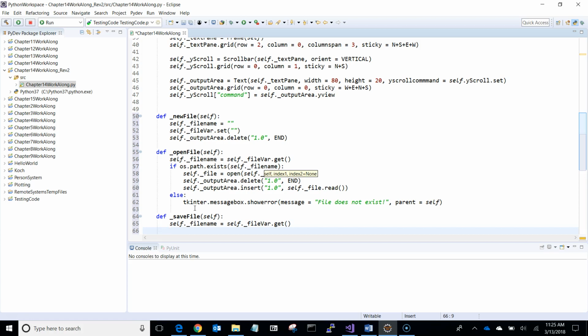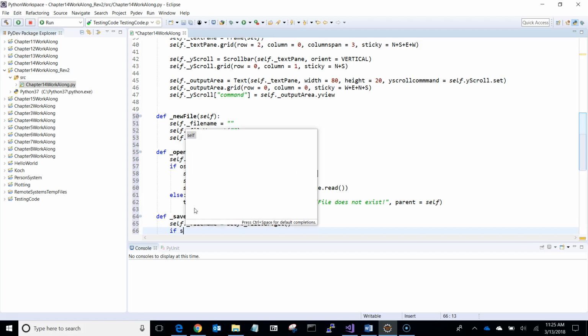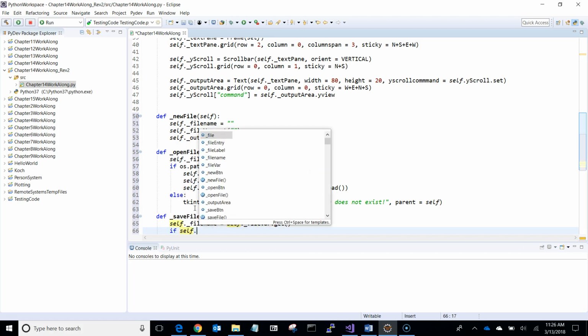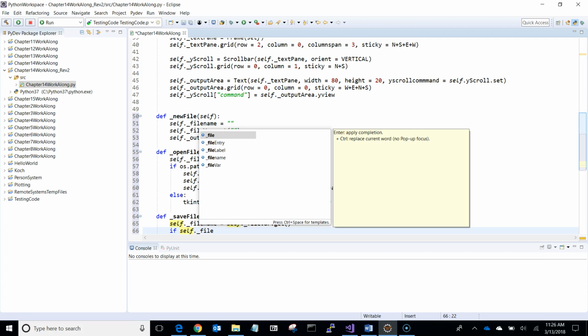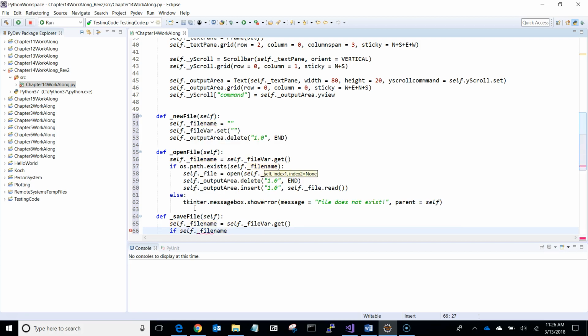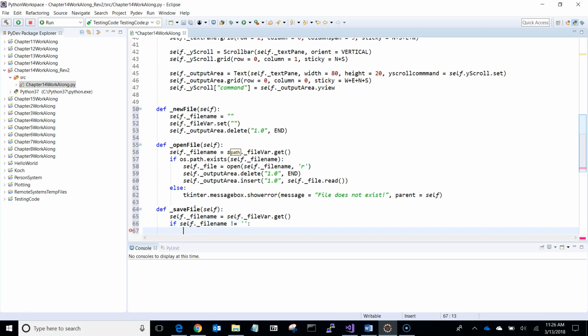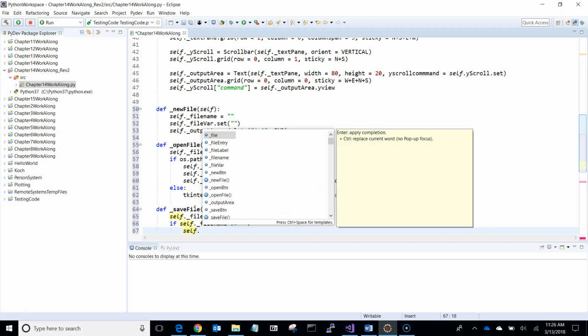And then I'm going to put in an if statement, if self.underscore file name does not equal a set of quotes. Throw in a set of single quotes, double quotes, whatever you want. So we're saying if that field is not blank, then we're going to be able to write to our file. So we'll go self, inside of our if statement,